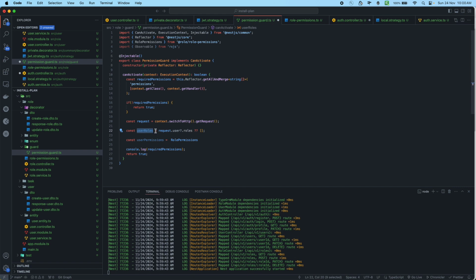So ideally I will have to iterate over user roles first, okay, and then we can map it, or we can reduce it. Let's see what we need here. So we can do role, and the type of this role would be just name string,